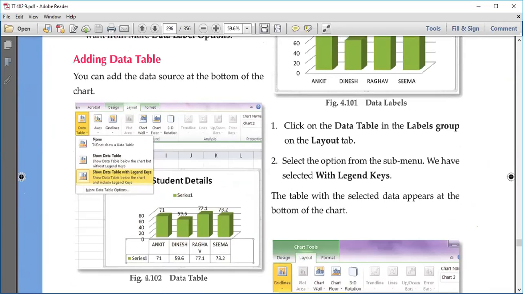Then there's an option to show the table. There are three options. By default it is none, है तो नीचे table नहीं आएगा. Show data table will show you table at the bottom. हर data series के नीचे उनकी values के साथ उनकी categories भी लिखी होंगी. और if you go with show data table with legend key, it will also show the legend key here. So whatever legend key is used, you will get the legend key here, right? And if you go with only table, so this column will not be there. Only this table will be there.